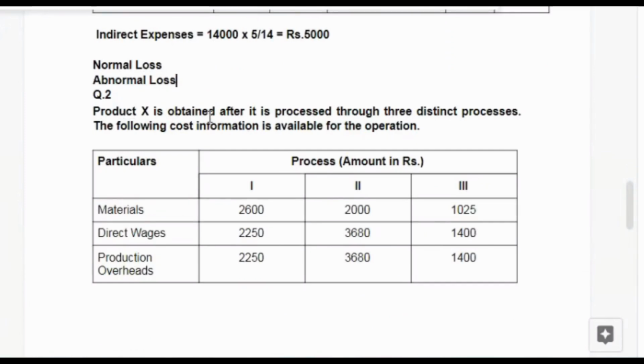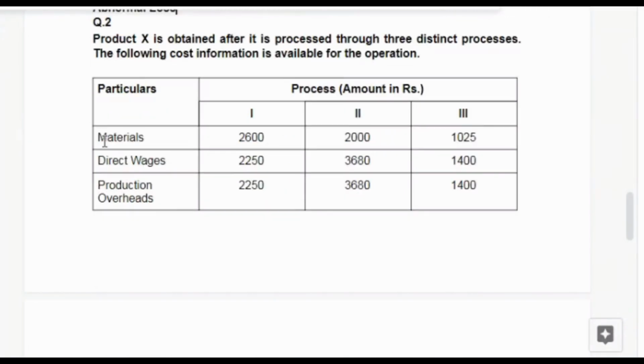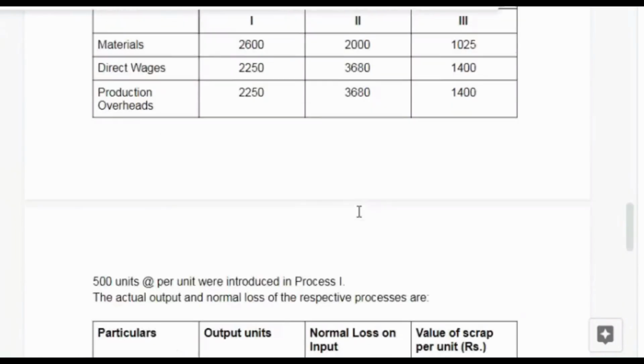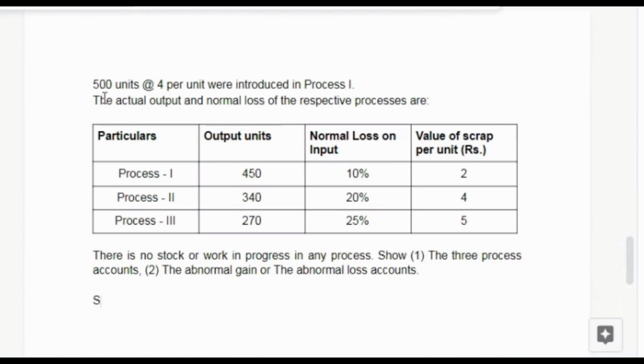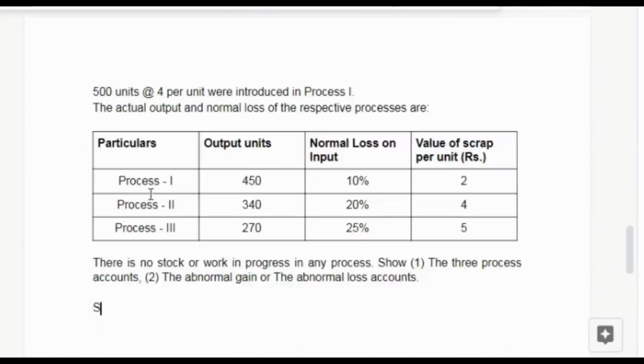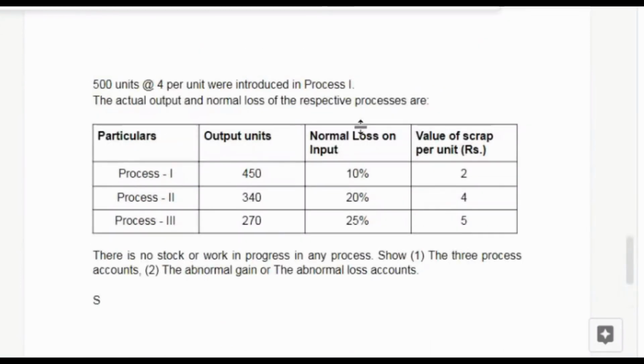Product X is obtained after it is processed through three distinct processes. The following cost information is available for the operation. Three processes are there: material, direct wages and production overheads are given to you. So this is 500 units at rupees 4 per unit, the units introduced, and then after this are the other